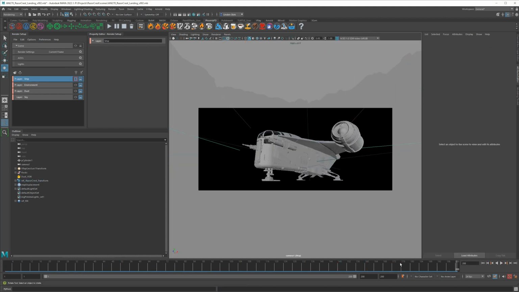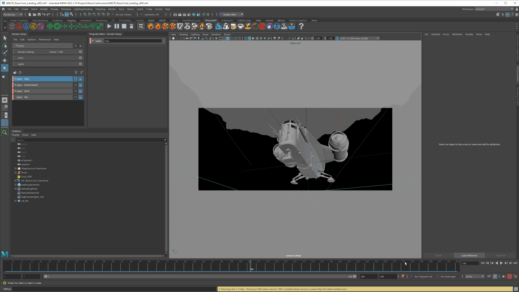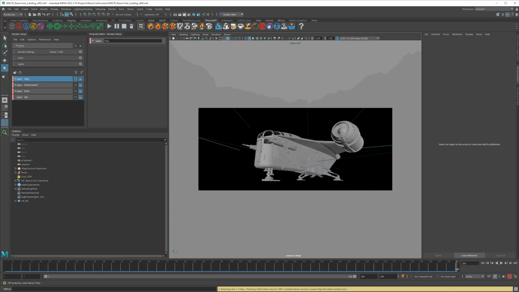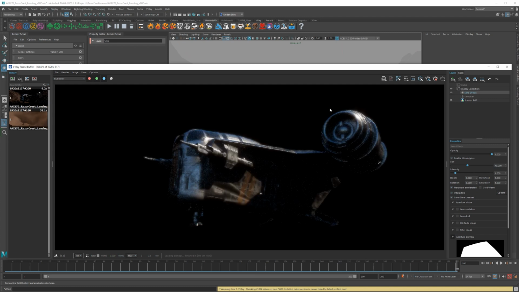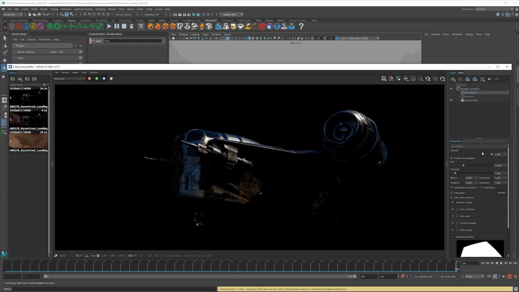All right, so there's one other thing I wanted to check here, and that's the lens flare. I'm going to go right to the very end here, and then go back to IPR because I realized I wanted to change the lens effects. I made the size of the lens flare just a little bit too large, and I want to reduce that. So I want to make this the default 30 instead of 40. I think that will look a little bit more subtle and better. When you make adjustments to your lens effects, you do that in the frame buffer, and it uses whatever settings are here to render the pass. And as long as this is enabled here, you will get a glare render pass.